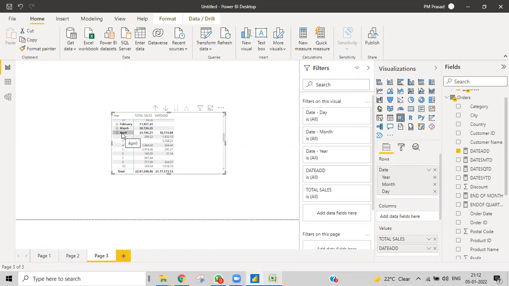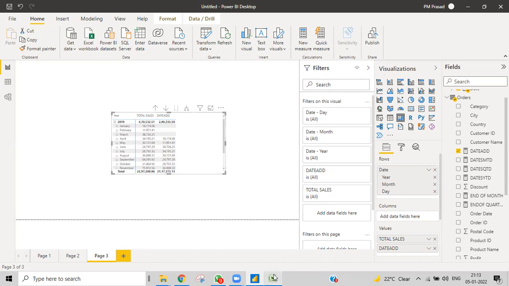When we give -3, it will go 3 months back, and only that month it will show. It's not all the 3 months. April is the 4th month, April -3, obviously you get the first month, and then that month's sales it will show. Why I'm telling you like that, we'll see another example that will give you something different.